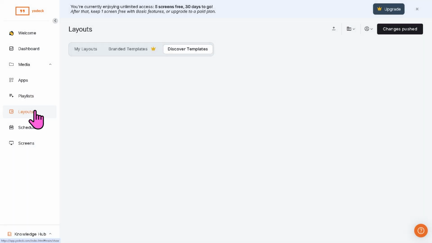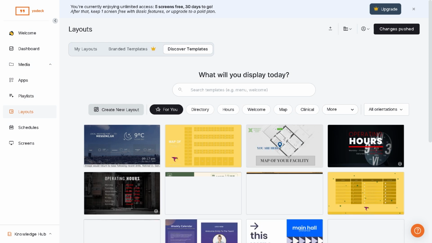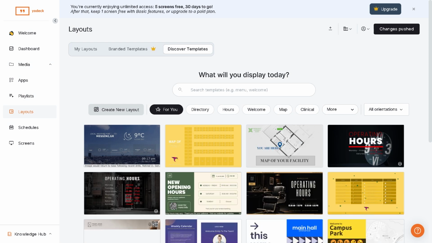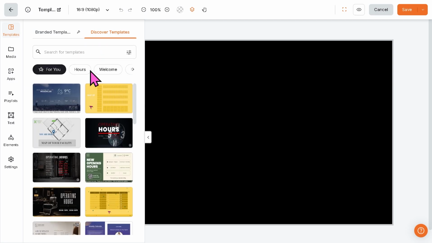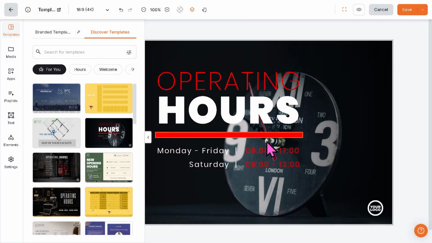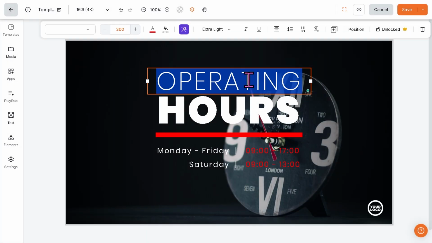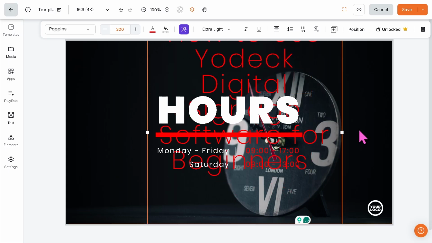Next is going to be the layouts. The layouts let you divide a single screen into multiple zones. For example, if you wanted to create a new layout, we need to search for the specific layout. I'm going to choose this one instead. I'm going to click the plus button. It'll be forwarded here. And then all I have to do is, you have the option to,